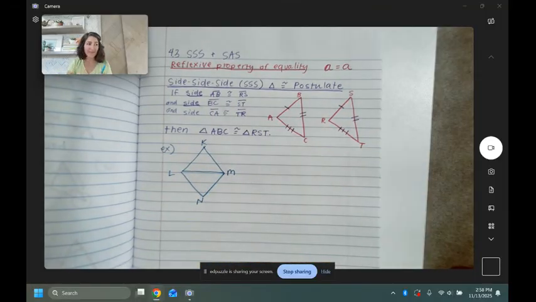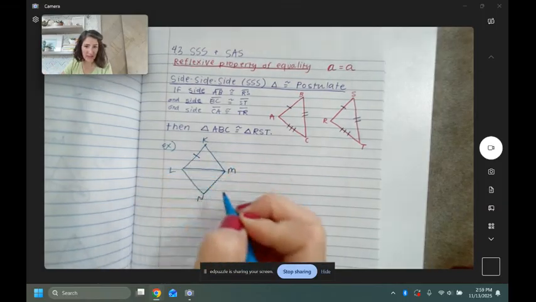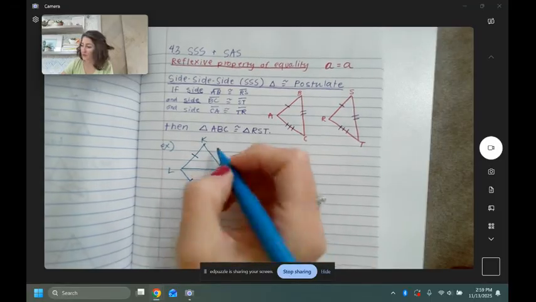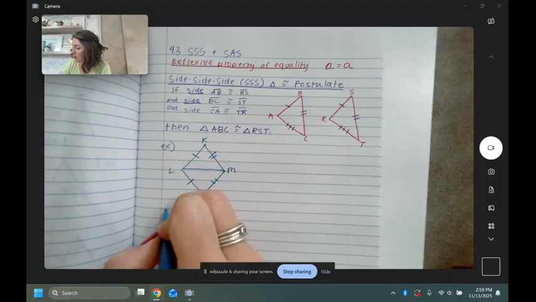And instead of like before where I would write what's given, I'm just going to draw my given information right on the triangle. I'm going to tell you that these two sides are the same, and that these two sides are the same. I would like you to prove